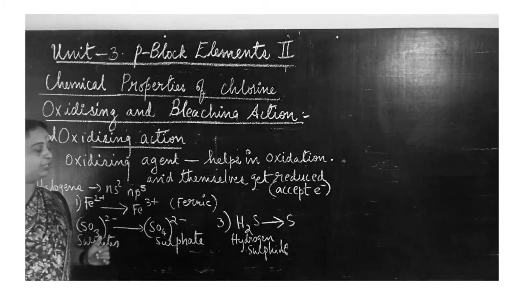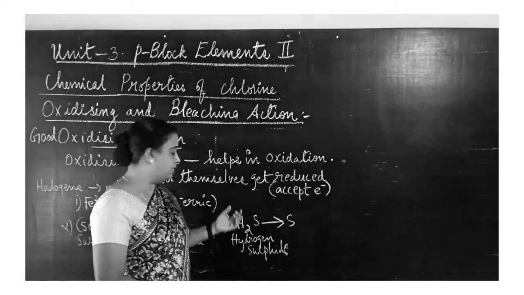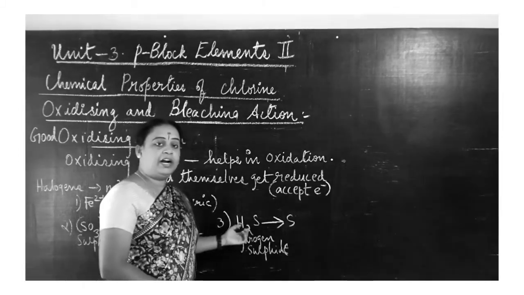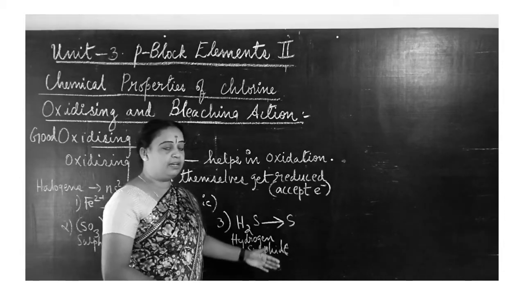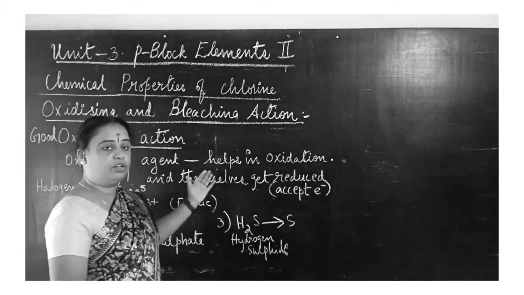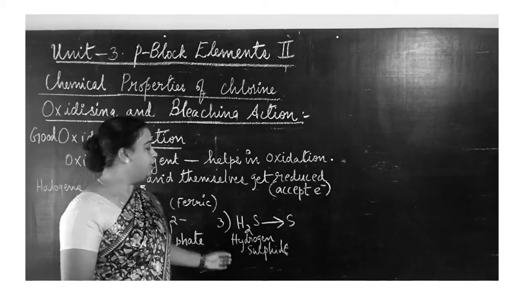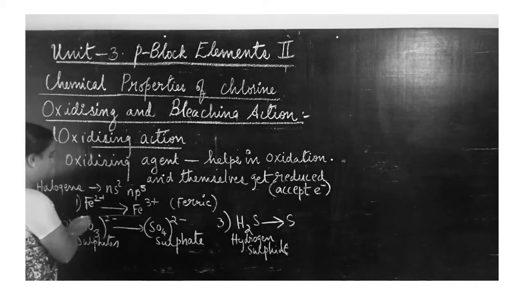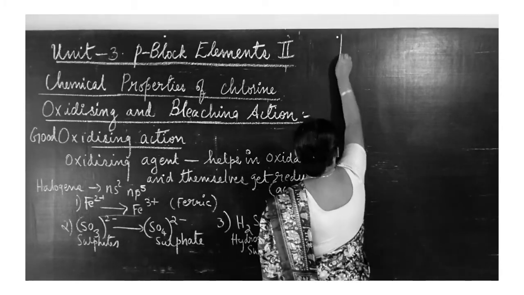So that also we will see later on. Then the third oxidizing action of chlorine is oxidizing hydrogen sulfide to sulfur. So this we have already seen. Since we are studying the oxidizing action of chlorine, I just give this example too. Fine. So now first one, let us look into the conversion of ferrous